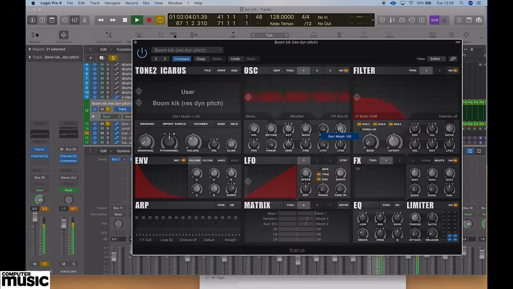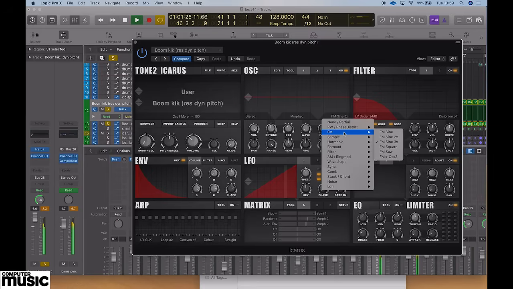Icarus is nice because it's pretty straightforward. It's almost the opposite of Falcon in that most things are on this one page. There are very few controls really, and not that many modulation sources. There's enough for it to be usable, but you can sort of see everything,